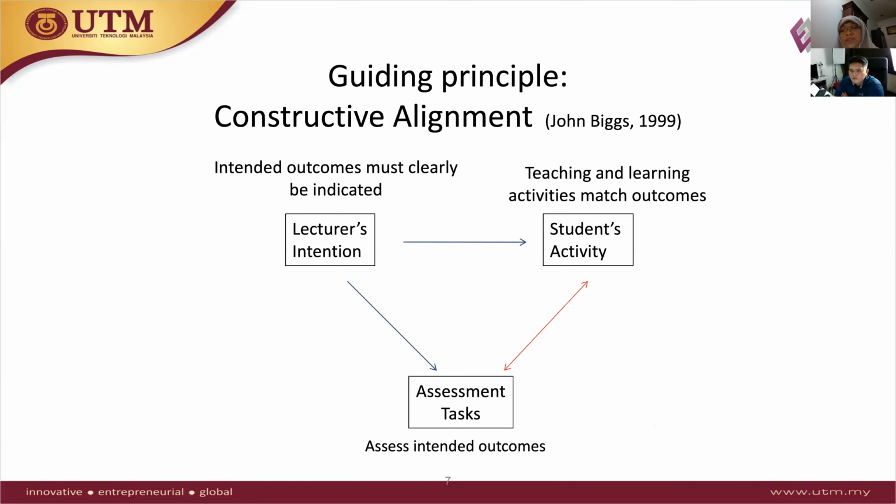If we want the students to be able to do something, if we have a verb in our outcome, and all our outcomes will have that, then those verbs must be acted out inside the students' teaching and learning activity. If we have designed the teaching and learning activity well, according to what the outcomes must be, then assessment is normally very easy, because we can just assess the students when they are actually doing whatever we ask them to do in the teaching and learning activity.